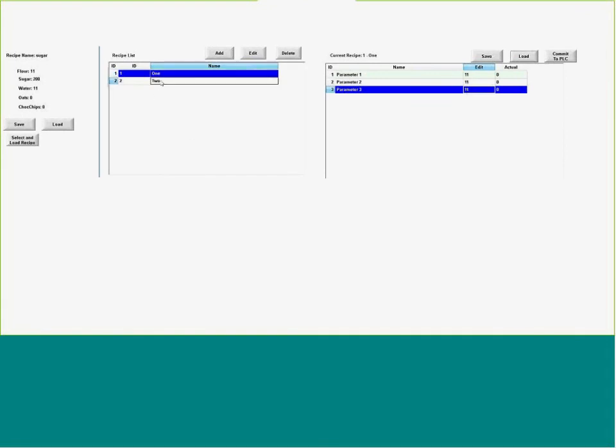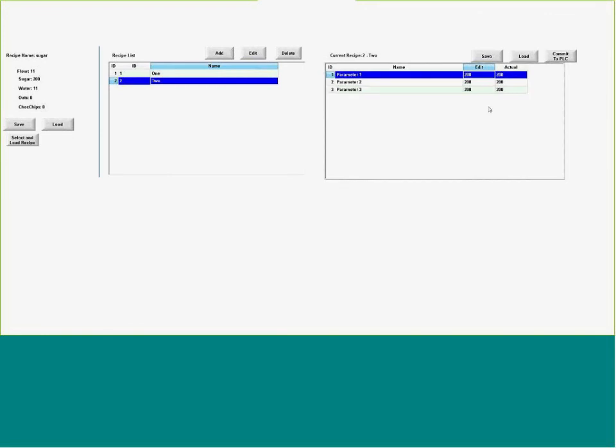If I want to go back to recipe 2, load those values in, and now it's doing that query on that database and pulling those back in. Right now, I haven't committed those to the PLC. Here's the PLC values, and again, I haven't configured a driver worksheet, but it'd be very easy to do that. And now, if I wanted to commit those, I could just hit commit, and then those would go into the